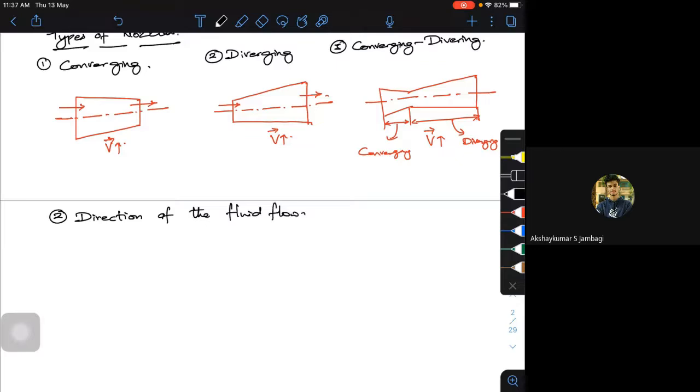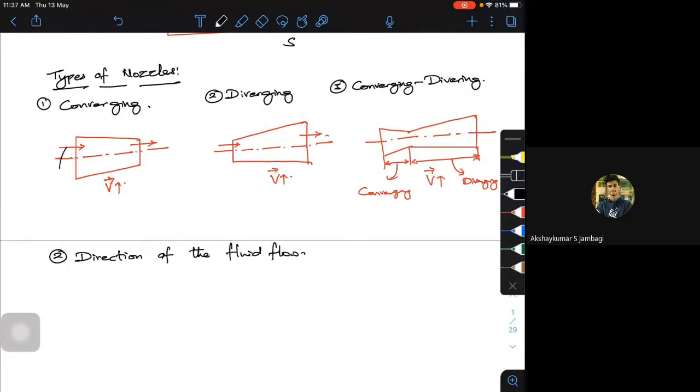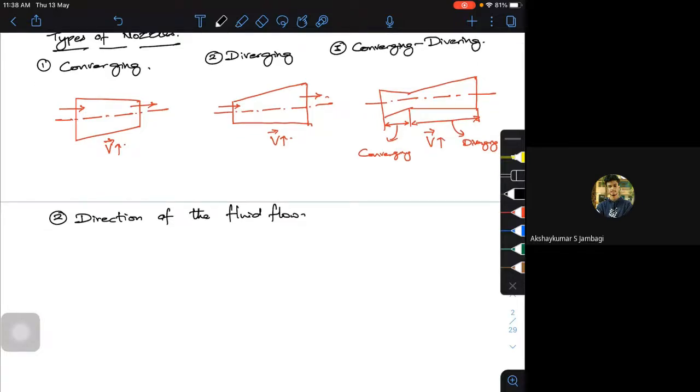Most of them, if you look at this first one, are all in the axial direction. At the same time, it looks more like a cone. Conical means they look like a cone. The first classification I can take here is conical. The second type of classification is annular. Annular means, just like the branch of a tree, they get diverged. And very rarely used, for the fluid flow direction, we have the radial one.